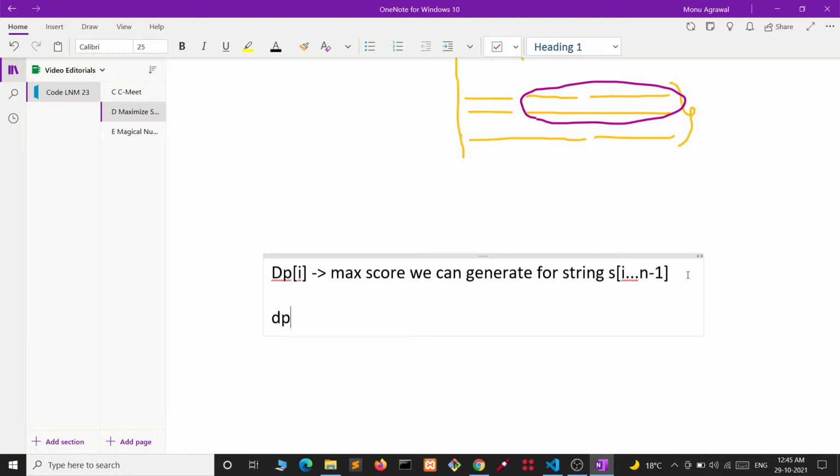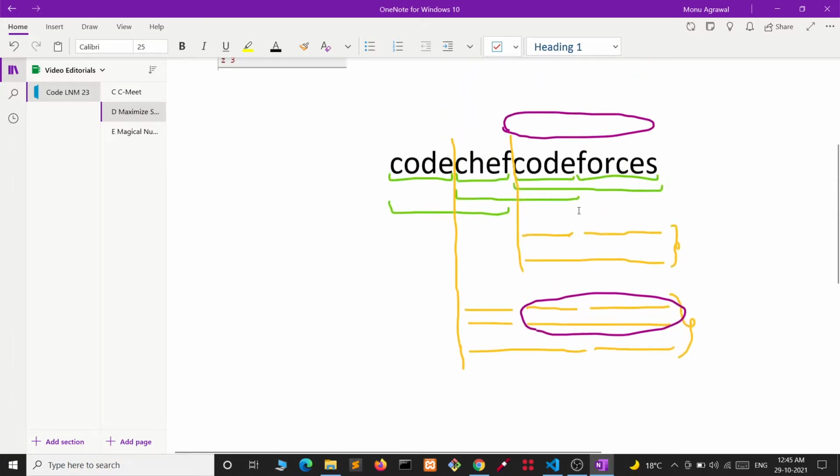Now let's define it. dp[i] will be the max of value of string s[i..j] plus dp[j+1]. This is what we are doing.